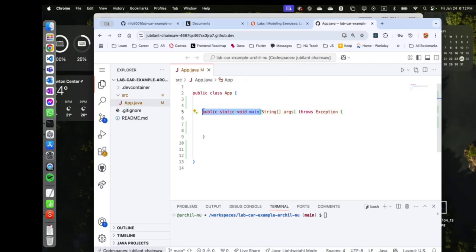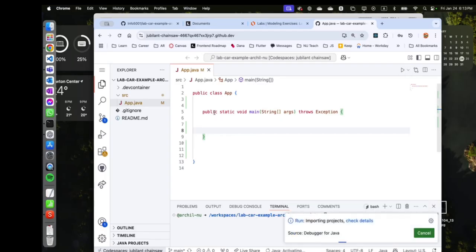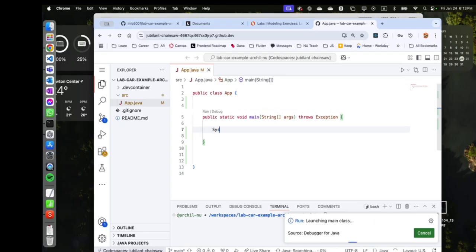In other languages, this default method is usually called an entry point in the application. What this means is that when I run this code, Java will try to find what's inside this method and run it. So if I write something in here, for example, if I say